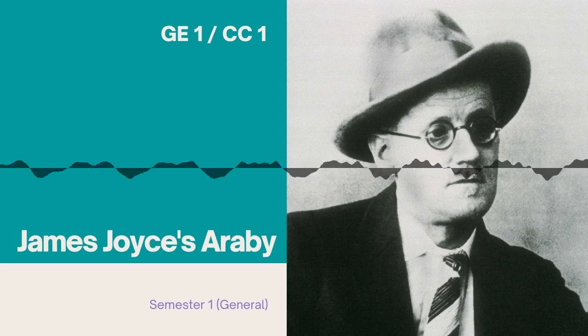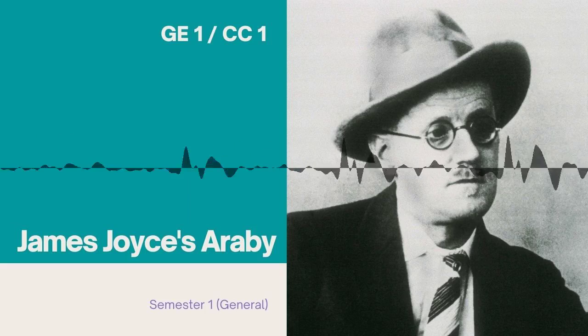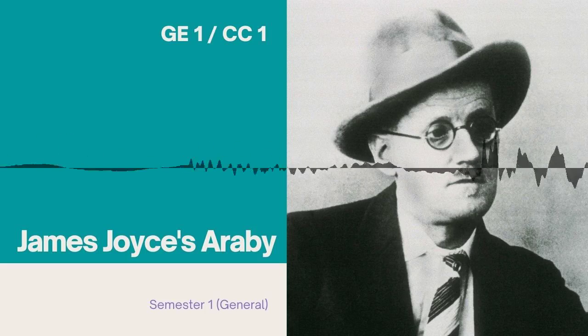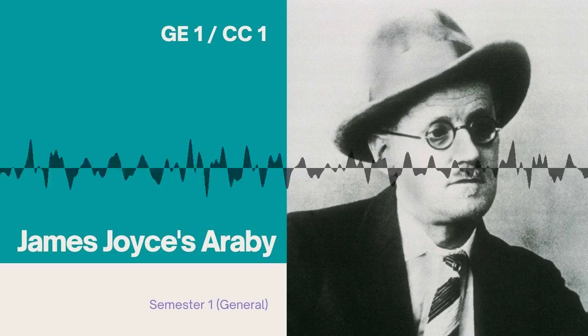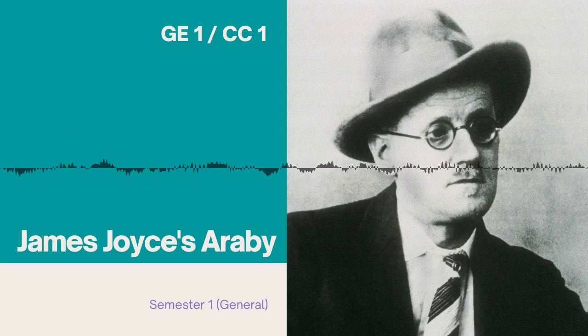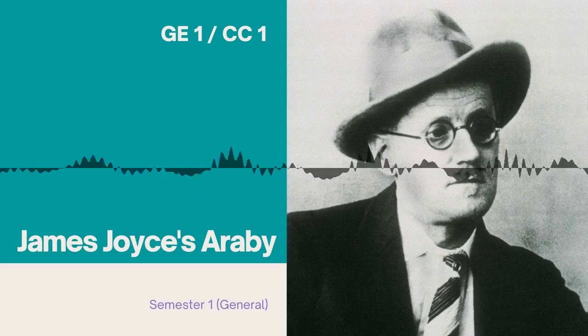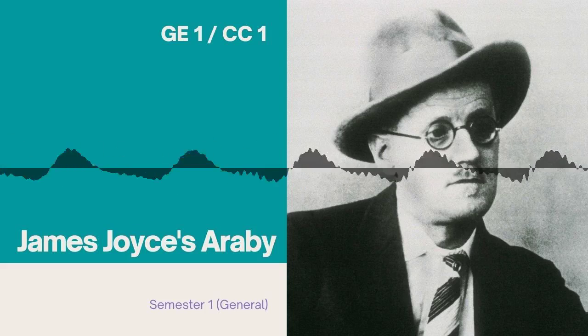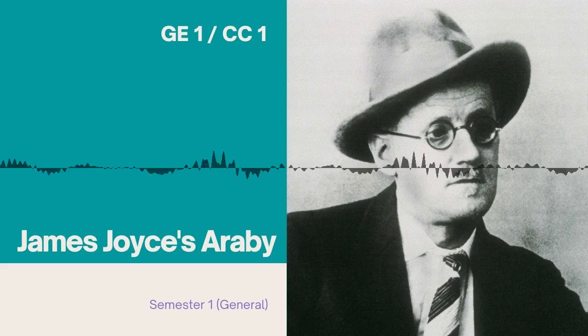So what is this collection called? It's called Dubliners. In other words, for those of you who may not have been able to follow what I said just now, Dubliners is the name of a book. It contains 15 short stories, all of which are written by James Joyce, and one story from that collection is called Araby. Although James Joyce wrote the stories between 1904 and 1906, they were not published until 1914. So he wrote the stories nearly 8 to 10 years before they were actually published, right? The stories were with him for several years.